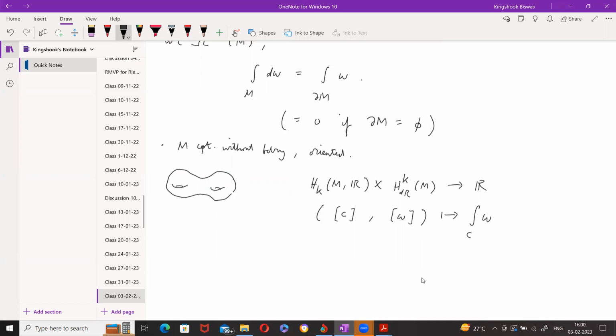No, this pairing is actually non-singular, right? That's right. This is non-degenerate. So this pairing is non-degenerate. Correct. If you have any more questions, I can just continue for a little bit. Otherwise, I can stop. Okay, then let me